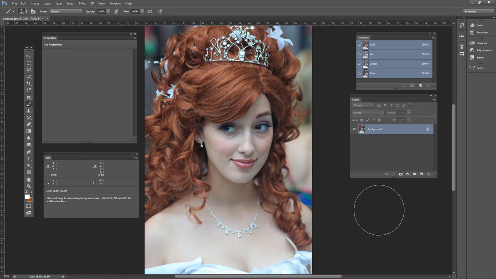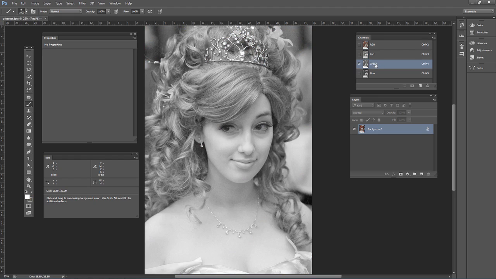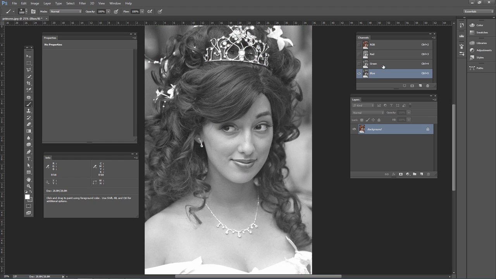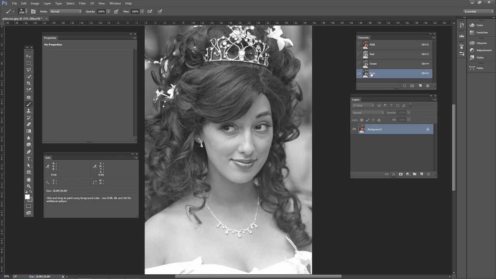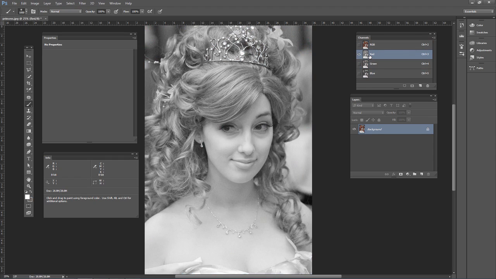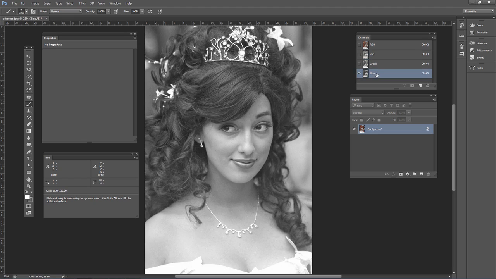Another way to convert color photos to black and white is to use the channel mixer adjustment layer. If you open up princess.jpg again and we look at the red channel, green channel, and blue channel, we did that technique where we used certain channels at 100% and masked out certain areas. We just converted channels to layers. This is kind of similar to that, but it's using an adjustment layer, so it gives us a little bit